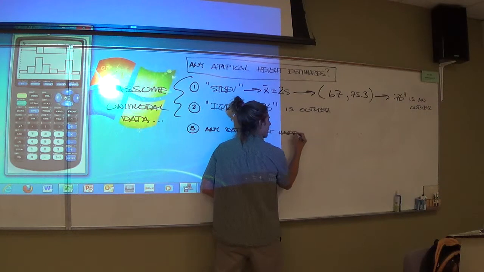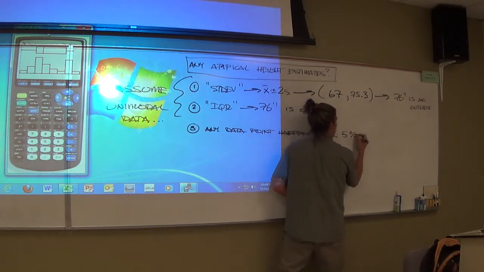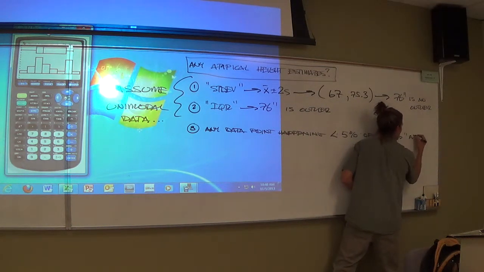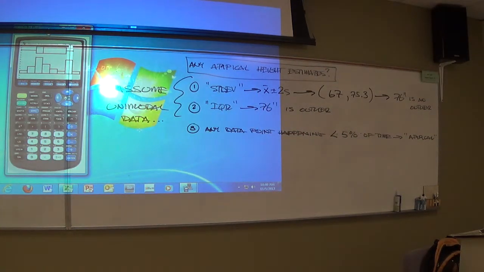that happens less than 5% of the time is considered atypical. Any data point that happens less than 5% of the time is considered atypical. So then you have to ask yourself, okay, can we apply that to their data set? And we totally can. We're also going to apply it to yours